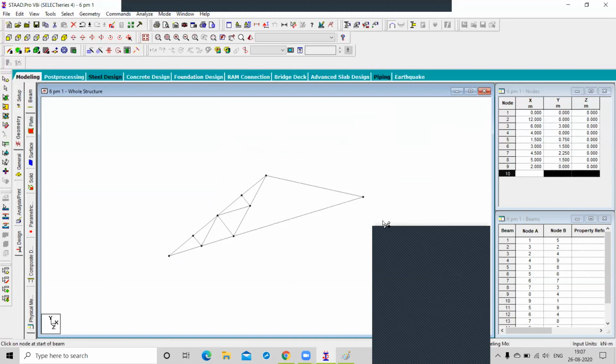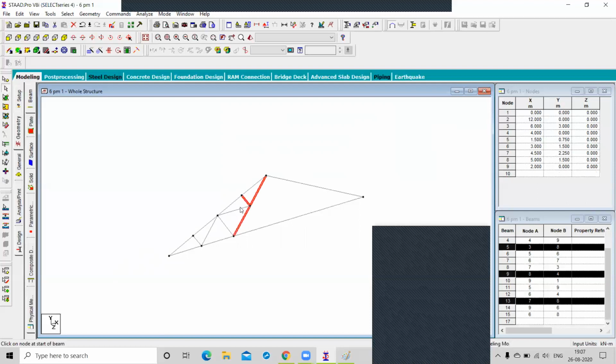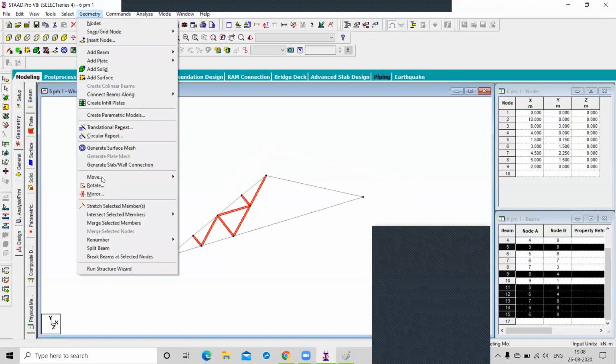Okay, just wait. I am going to select. So this is your required beam to be mirrored. First you select all the beams which you are going to mirror, right? And go to the geometry, and we have the mirror command here.